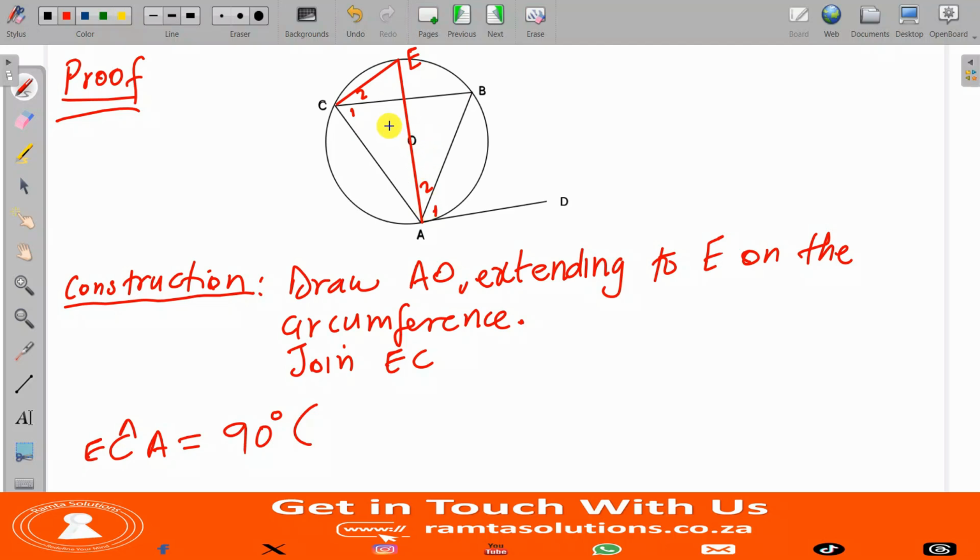Angle at the center is twice angle at the circumference. Otherwise, you can say angle in a semicircle. You can say it is angle in a semicircle. In the same way, you can say that,